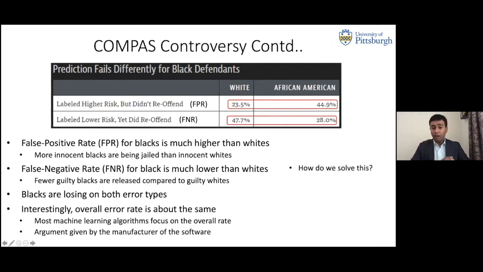So how do we solve this? Now, a simple way to solve this is that you somehow match these false positive rates. Somehow you do something so that the false positive rate for blacks and whites are the same, or the false negative rate for blacks and whites are the same. And how do we do that? Let me harp on this point that no matter what kind of algorithm you're using, whether you're using simple logistic regression or complicated methods like neural net, random forest, ensemble method, or whatever algorithm that you're using, in the end,